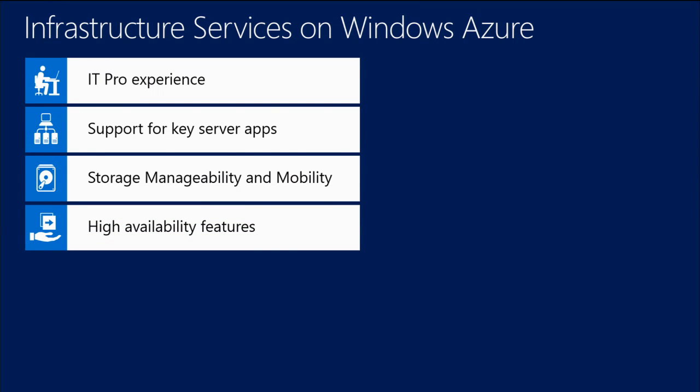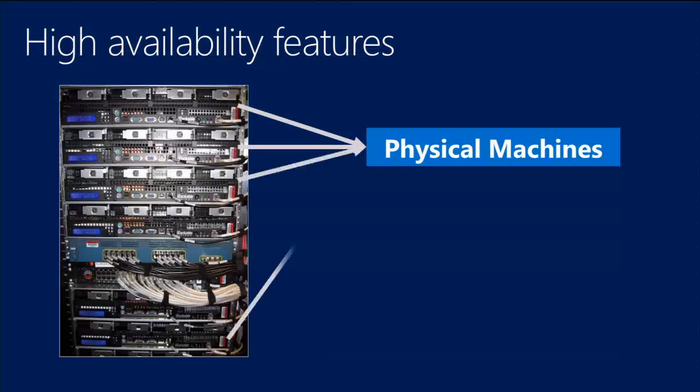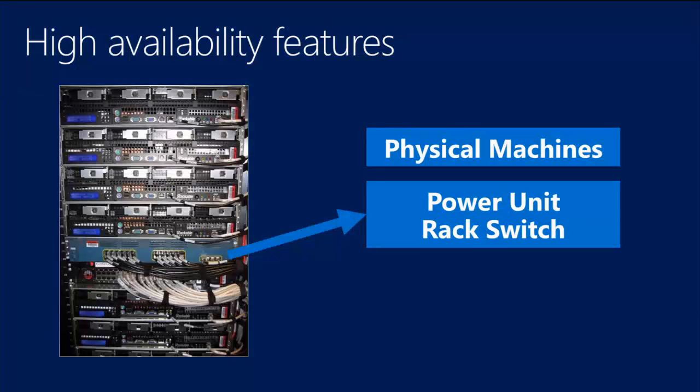So for high availability, as I mentioned, in Windows Azure, we use a set of commodity hardware. So we have physical machines in a rack. There's actually a picture of one of the early versions of the racks in Windows Azure. As you see in here, though, we have a single power distribution unit. And as well, there's a single top-of-rack switch that's not shown on here. And so Windows Azure has the software in the data center to monitor the usage, monitor the VMs,